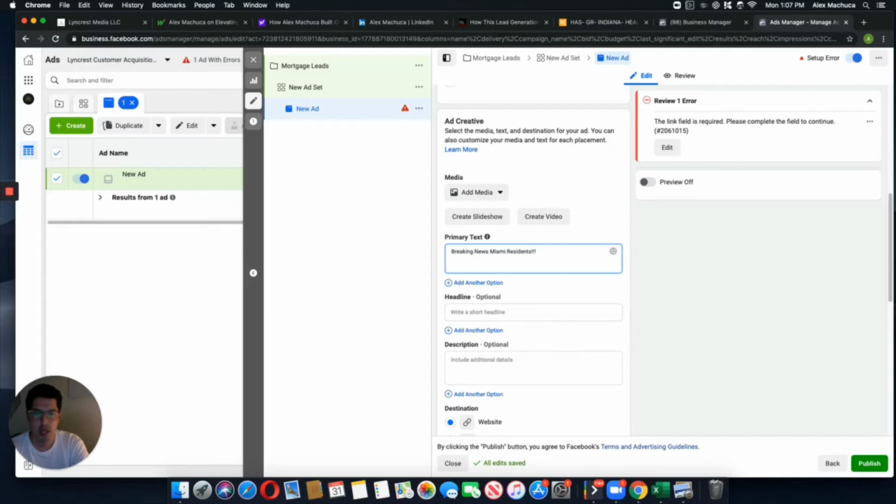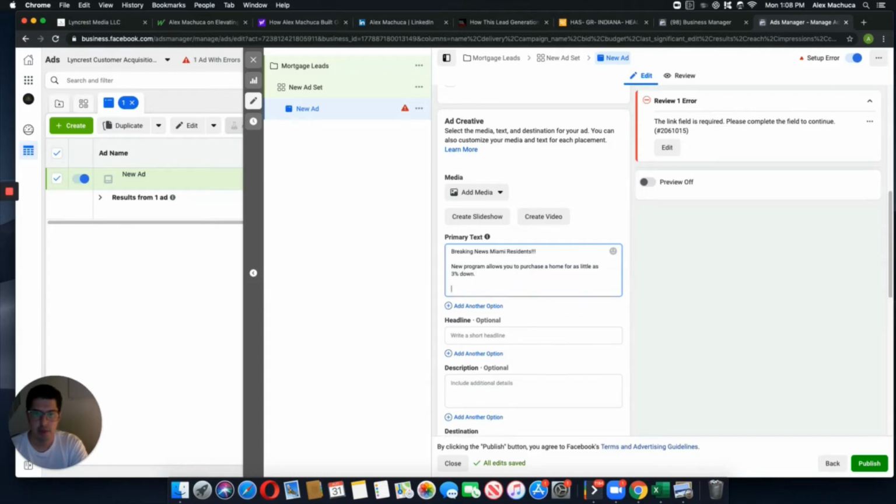So you would say, "Breaking news, Miami residents, new program allows you to purchase a home for as little as 3% down. Click below to see if you qualify," right? And then I would put some emojis of fingers pointing down there.